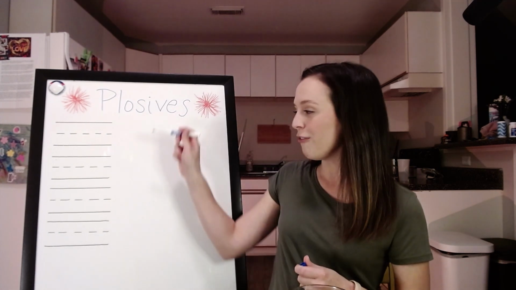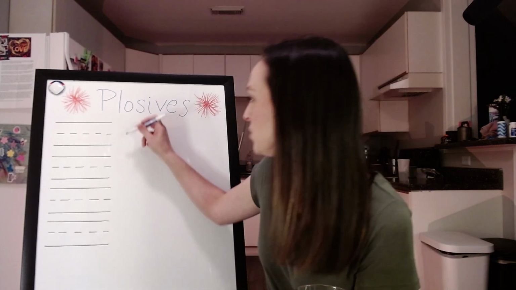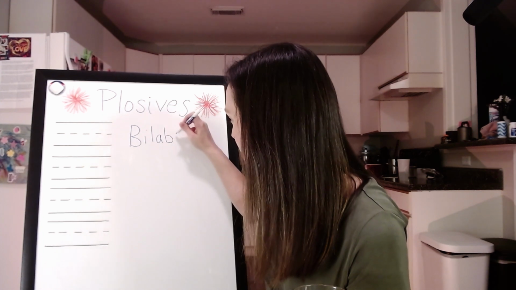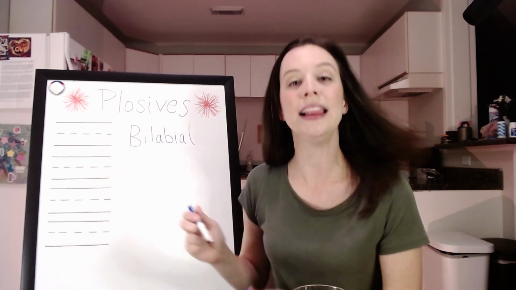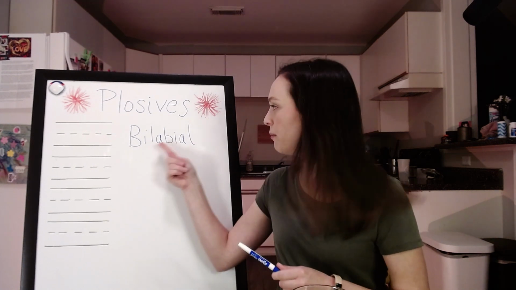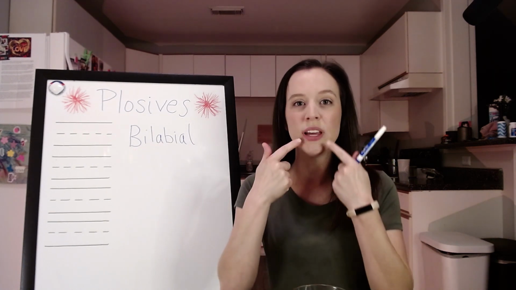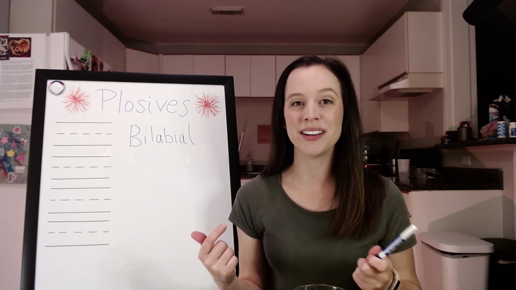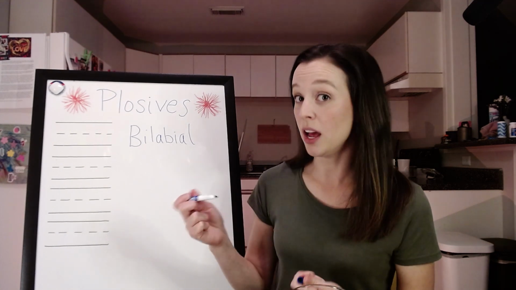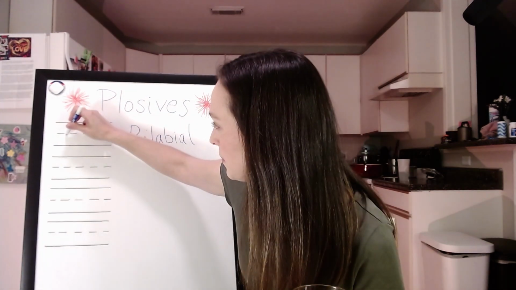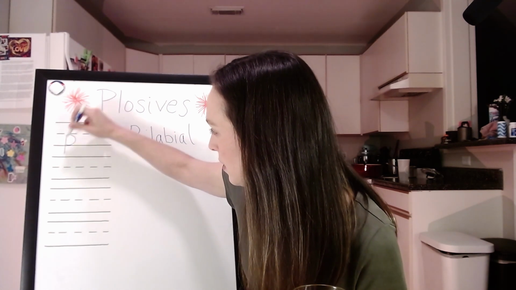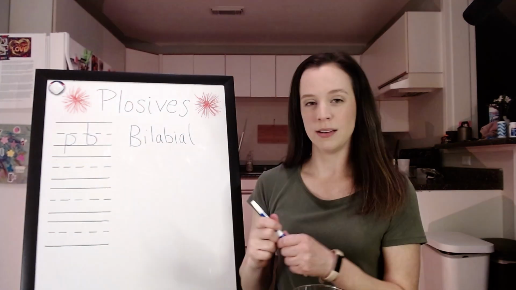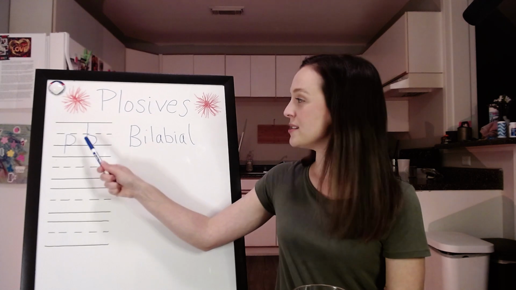So there are 4 types of plosives, and the very first one is, it's hard to write here, bilabial. Bilabial means 2 lips. So those 2 sounds are p and b. They sound a lot like the letters P and B. So p and b are both